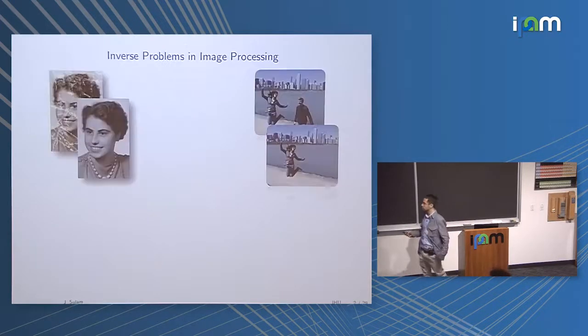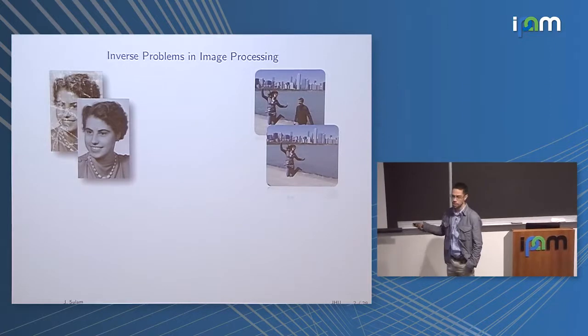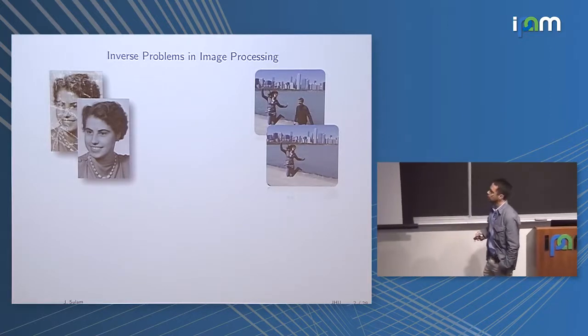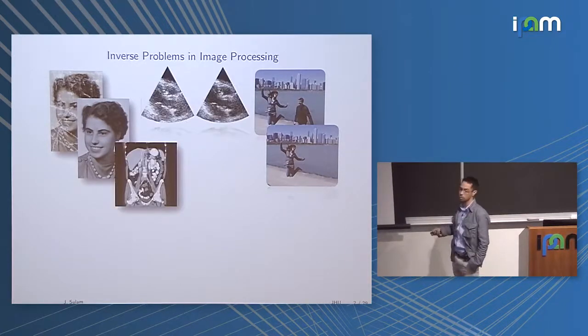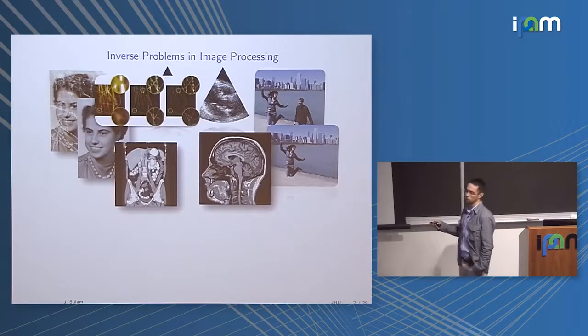And essentially, as a motivating example, I wanted to bring up the issue of inverse problems, with which I'm assuming many of the people here in the room are familiar, where we are trying to estimate some underlying signal, some underlying image that has undergone some sort of degradation operation. These are two very common examples, trying to infer what was behind an object that was removed, for example. But then there are other more challenging and perhaps interesting problems, like removing clutter from ultrasound imaging, or performing CT reconstruction, or performing super resolution of various kinds.